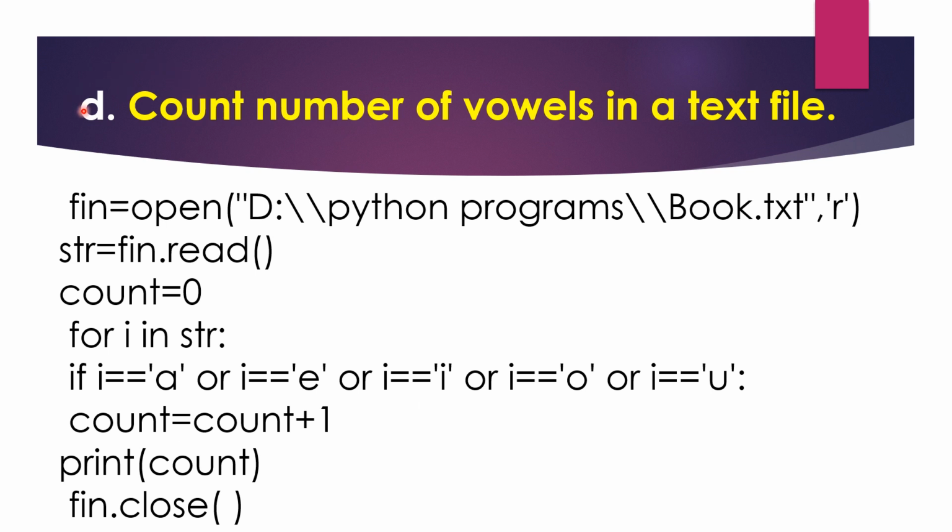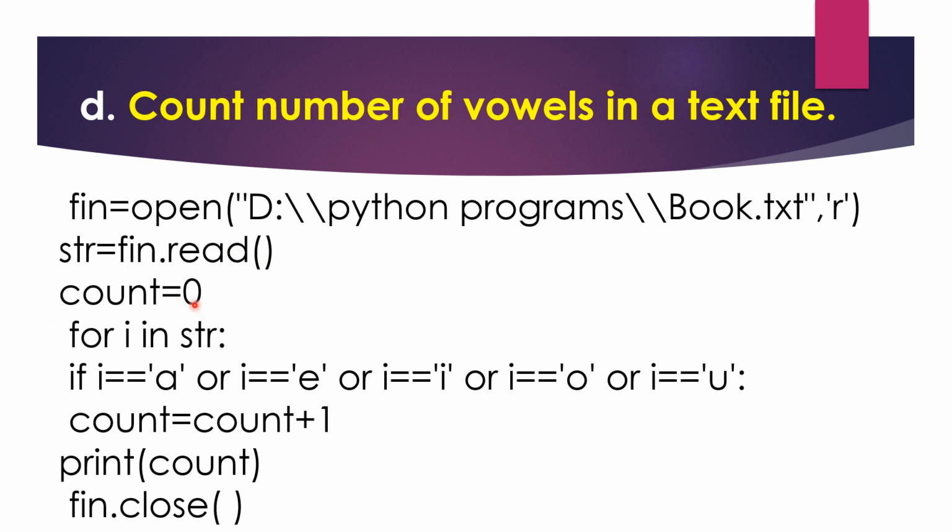Now here we will see a program to count the number of vowels in a text file. Here we are basically opening the file. Here is the file name, this is the mode. Here we are using the read function. This reads the file character by character. If it is written as count, it will read C, then O, then U. Since the value of n is not written, it will read the entire paragraph.